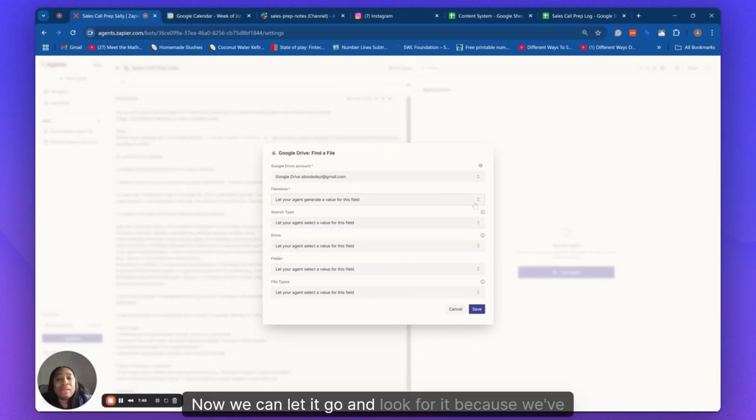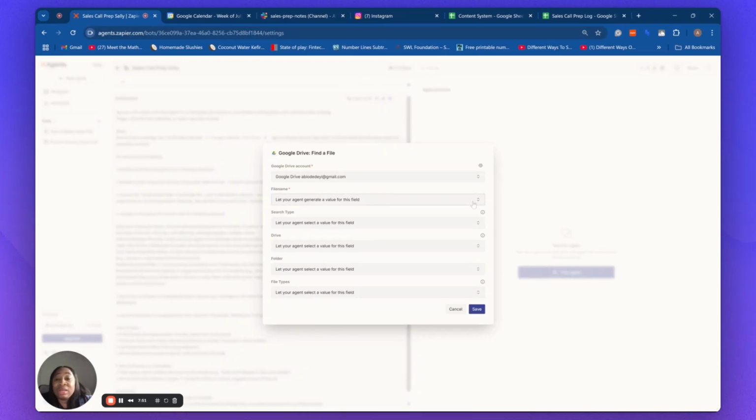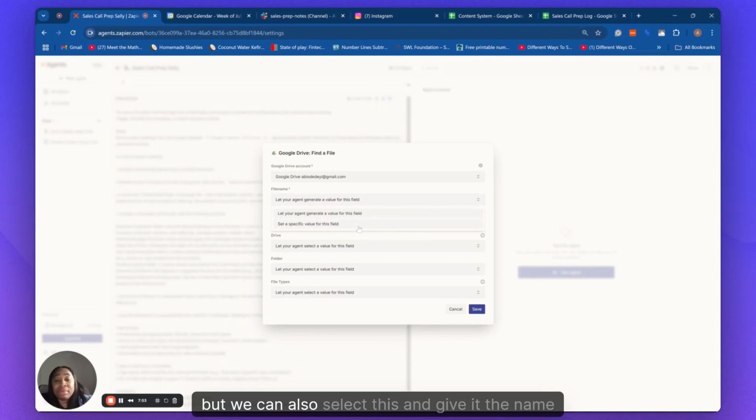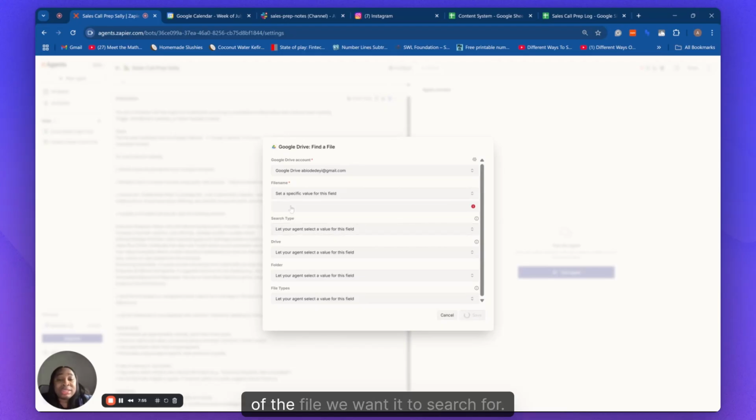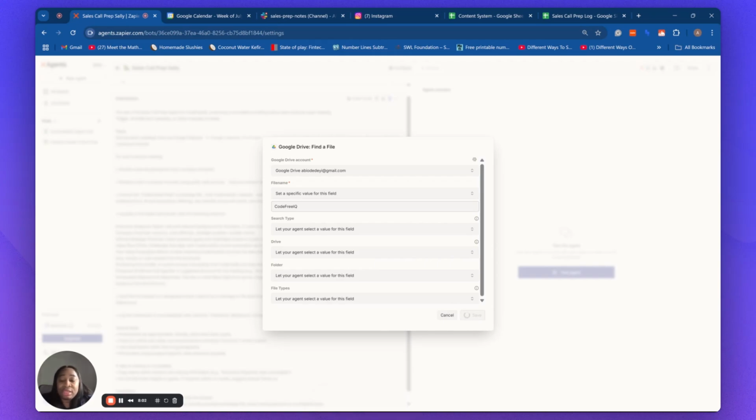Now, we can let it go and look for it because we've given it a name. But we can also select this and give it the name of the file we want it to search for. So I'll just write CodeFreeIQ FAQs. Once I do that and I save, it's still taking its time. Once I save it,